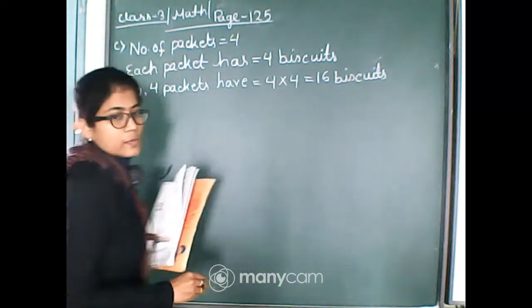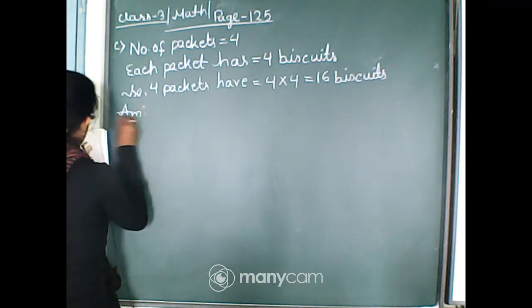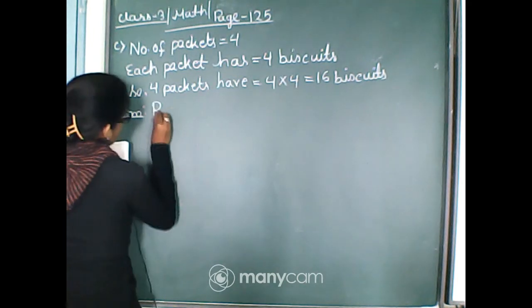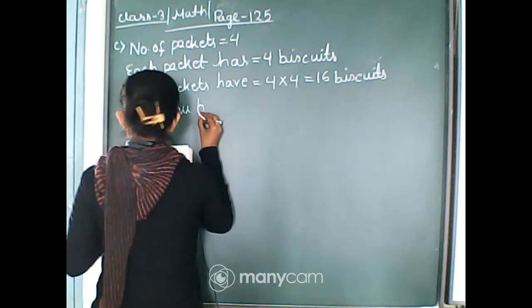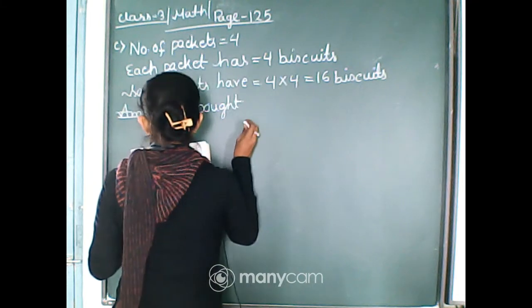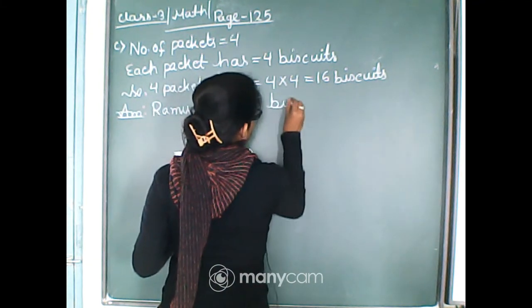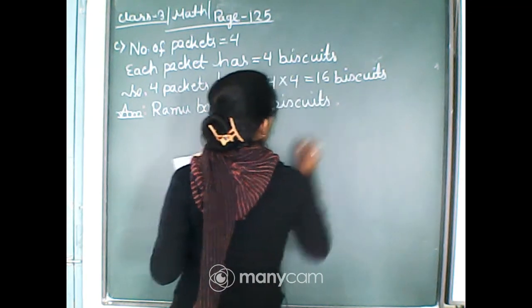Okay, now what is the answer? That how many biscuits did Ramu buy? So Ramu bought, B-O-U-G-H-T, bought 16 biscuits. Okay,